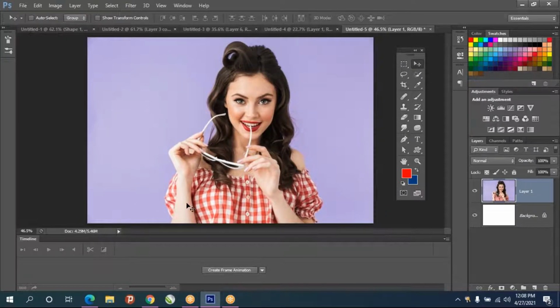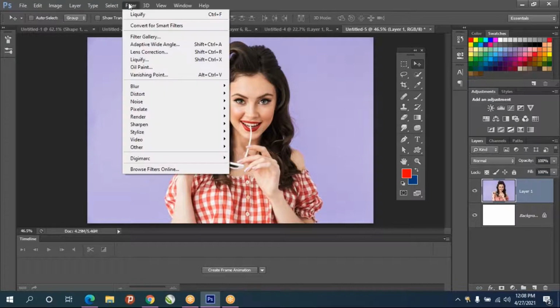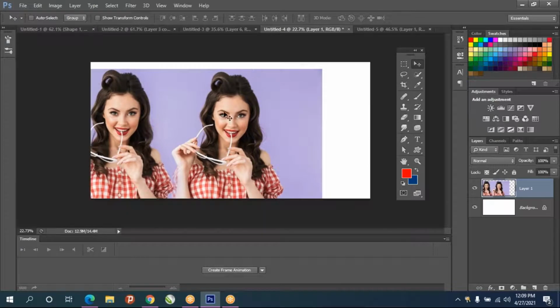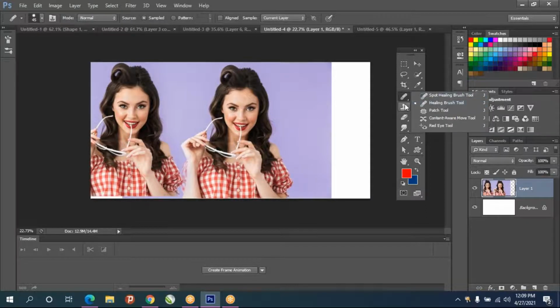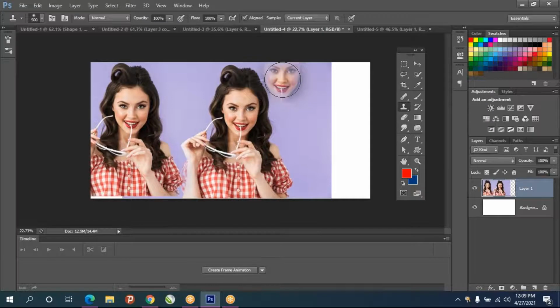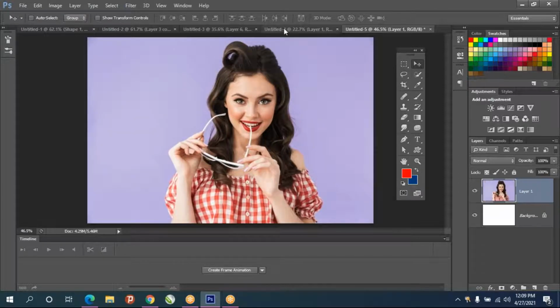So I created one more new layer. So the clone tool is also easy. But remember that you have to use alt-click for the clone tool and the healing brush tool. Only for these two tools you have to use alt, that means source point and destination point. For selecting the source point you have to use alt-click.